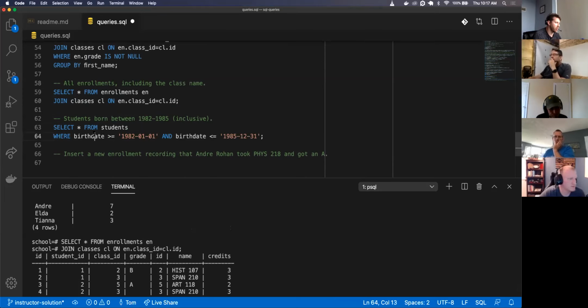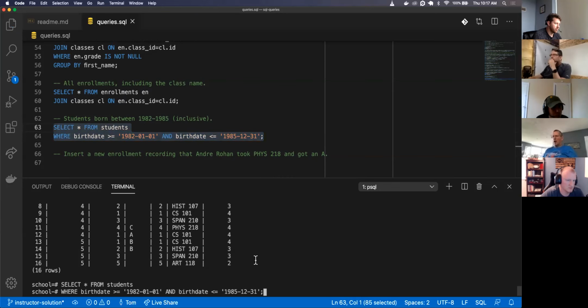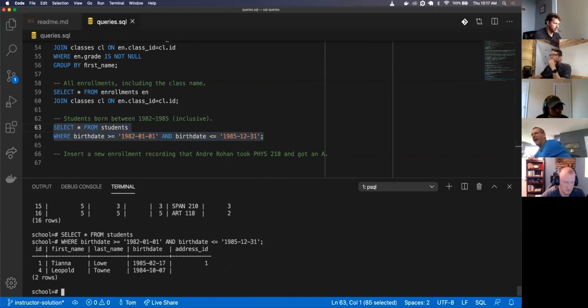Select all from students where birth date is greater than or equal to January 1st of 1982, and birth date is less than 1985, 12/31. There we go.